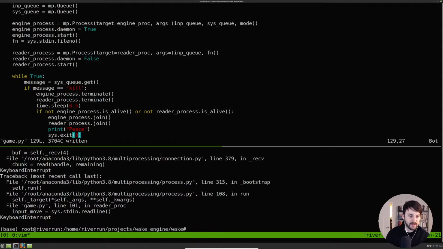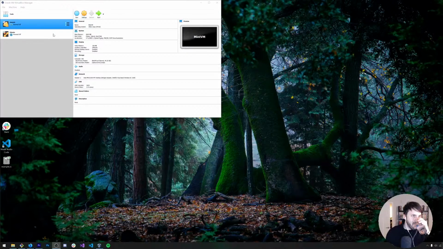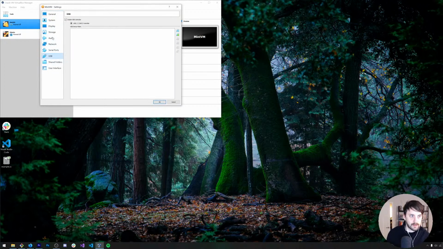So a couple of things I want to do here. First, I want to figure out why we're running so slow on the VM. So I'm actually going to close the VM for a moment. Got a bunch of memory. We don't need a floppy disk or an optical drive. I'm going to give it a bunch more memory.